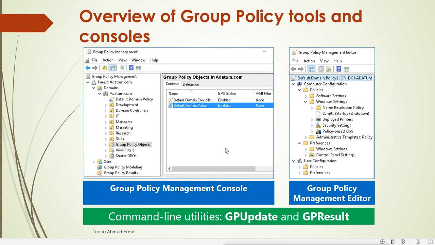But if it is taking some time, we can use gpupdate, and to verify which policies are applying on that particular client, we use the gpresult command. So these are the group policy tools we can use.